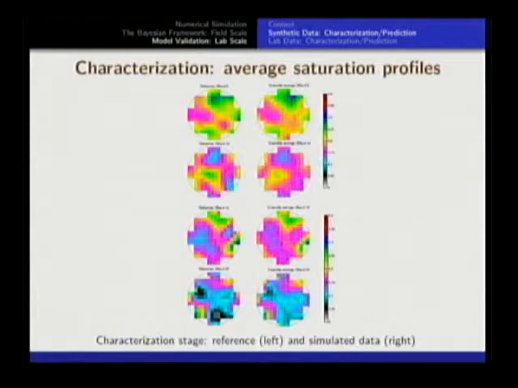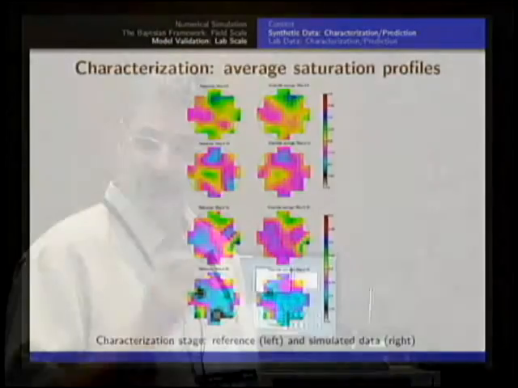And so this is the result. On the right is the ensemble average of the saturation fields corresponding to the accepted permeability fields. This is a reference saturation profile for 4 slices along the core, and on the right is the ensemble average of the accepted saturation profile. Of course, there is not uniqueness, but they do seem to refer to the same piece of rock.